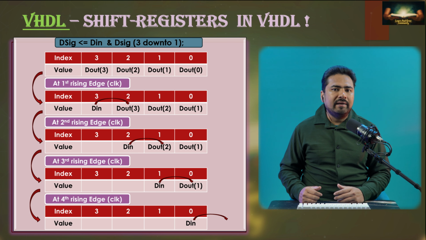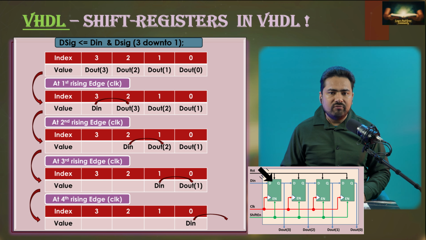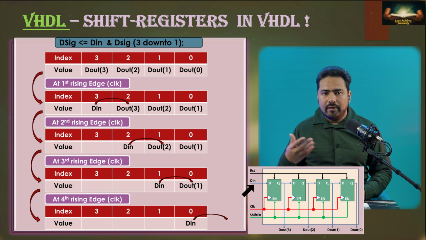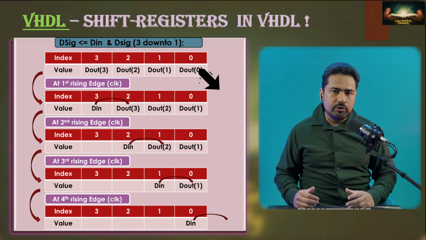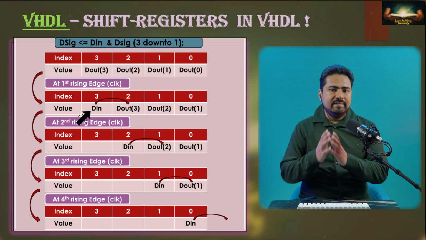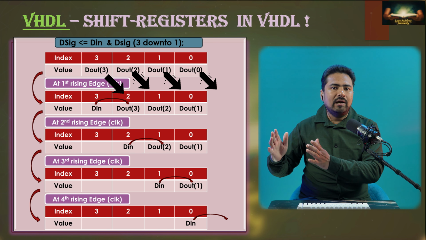So this is implemented by the first flip-flop, labeled as FF1. That was the leftmost flip-flop in the picture, where D in was connected to the input of this flip-flop. And you can see now D out 0 is moved out from this range. Means D in is inserted in place of D out 3 and all the other bits are shifted to the